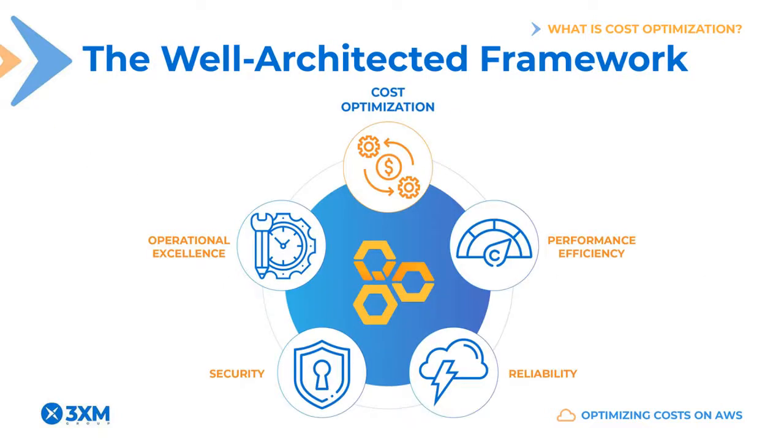Cost optimization is one of the 5 pillars of the AWS Well-Architected Framework, which is a set of guidelines to design, build, and operate systems on AWS based on best practices. The Well-Architected Framework helps you understand if a specific architecture gathers all of the qualities one would expect from a modern cloud-based system, and how to achieve such qualities if deviations are detected. The fact that cost optimization is one of the pillars highlights the importance of considering costs when architecting for the cloud.